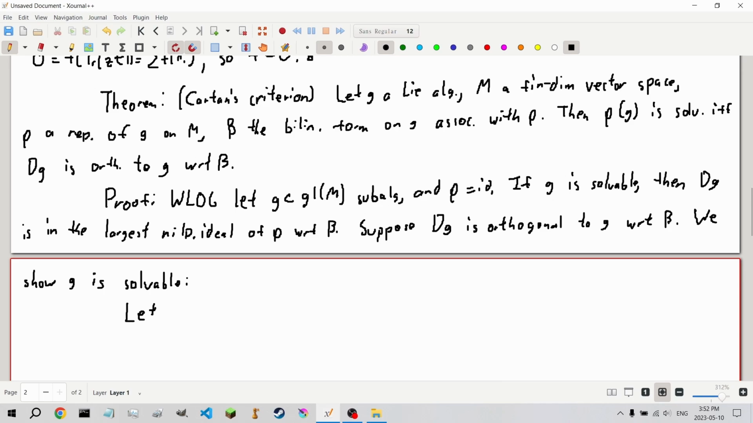Let T be the set of elements T in the general linear Lie algebra of M such that their action on all of G sends G into dg. If we have some element T and X and Y in our group,